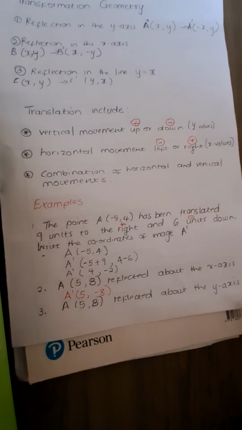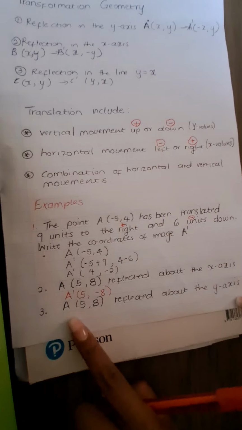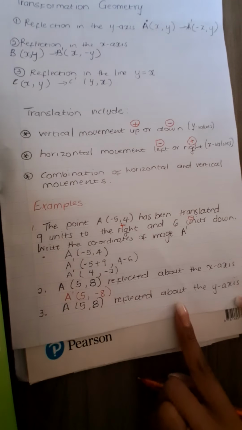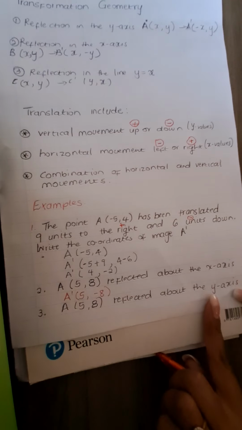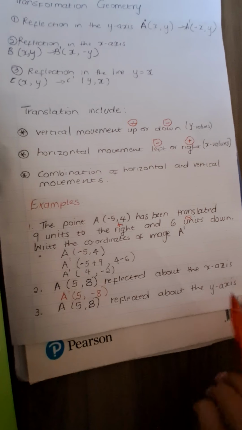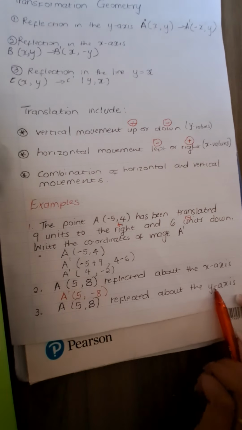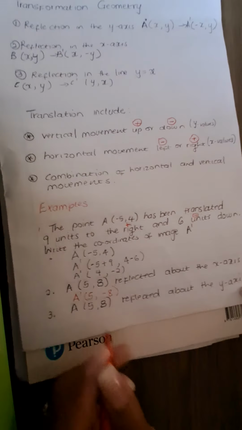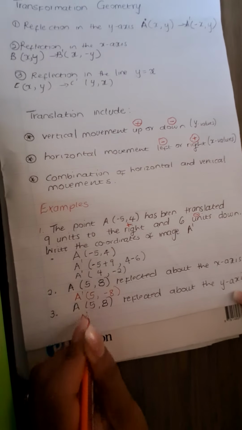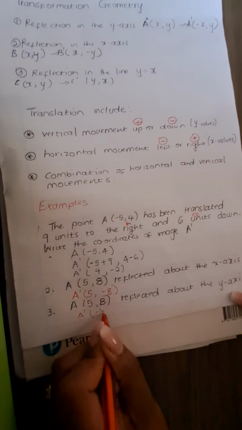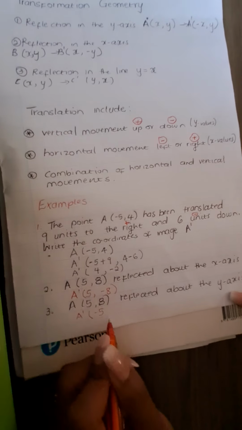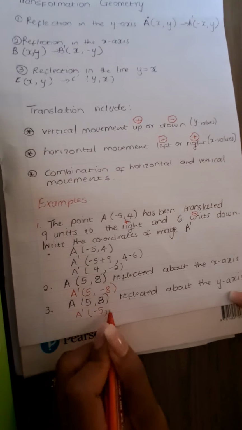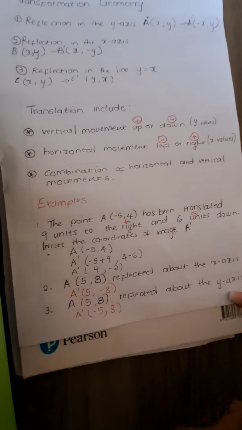-8. The next one, they are telling you that point A again, of 5 then 8, is reflected about the y-axis. I know when I'm reflecting about the y-axis, my x coordinate changes. So my A prime in this case will be -5, because here my x was positive, now it will change to negative, and then my y coordinate will remain as it is, which is